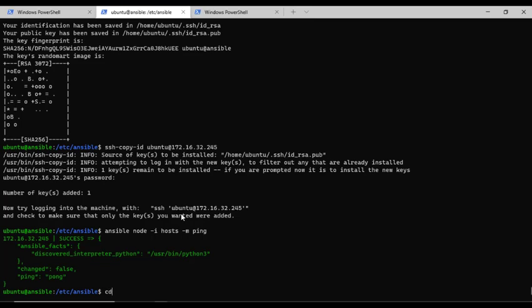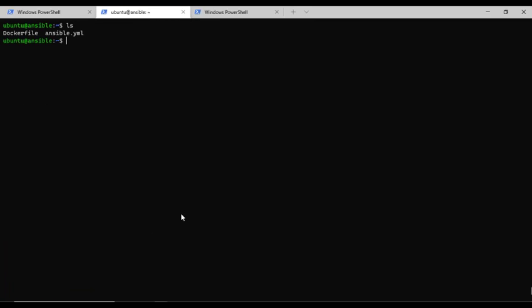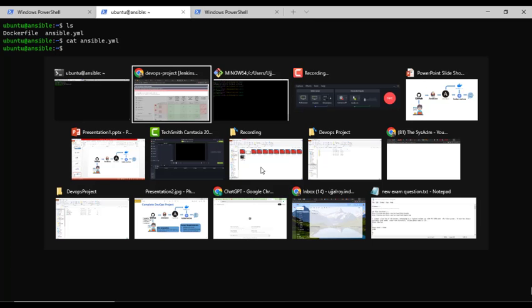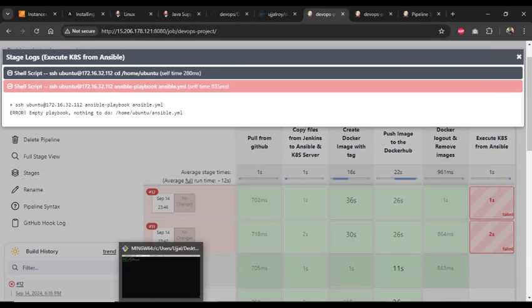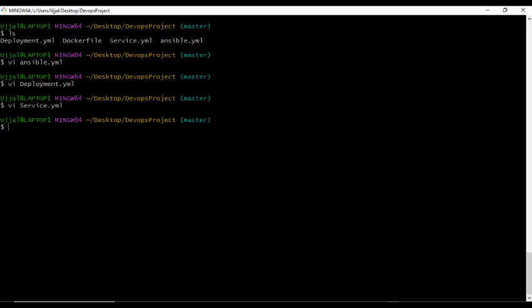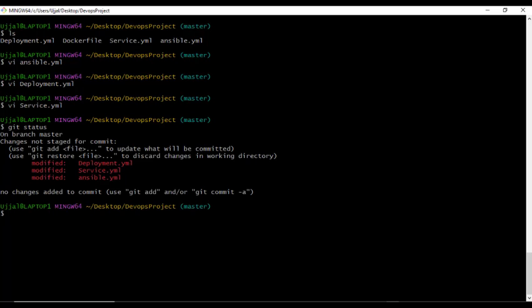Okay, let's see what is the error here. All right, we have not yet pushed the files, we only created the files. That is why we are getting the error. So git status, yeah, it's showing